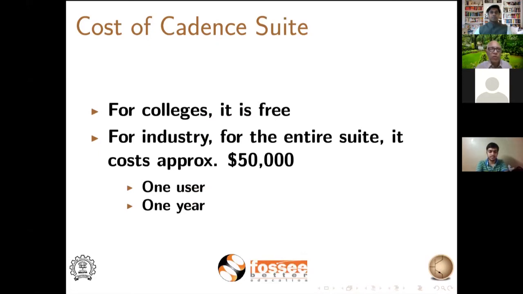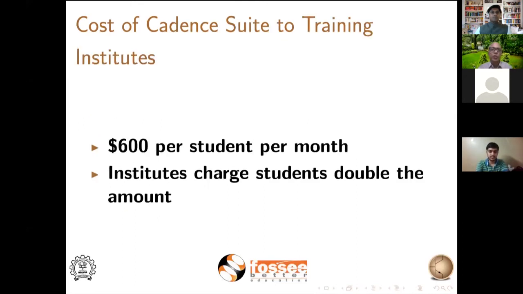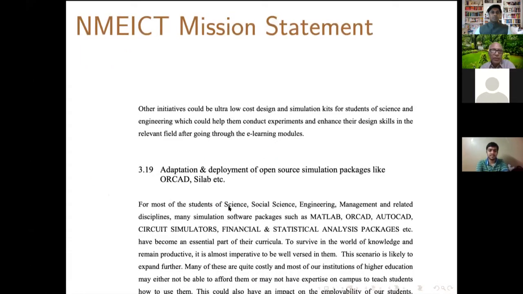Now, what about students who go for, let's say, training in a training institution? It is $600 per student per month. This is what the company Cadence charges from the training institutions, whereas the training institutes charge students double the amount. Interestingly,